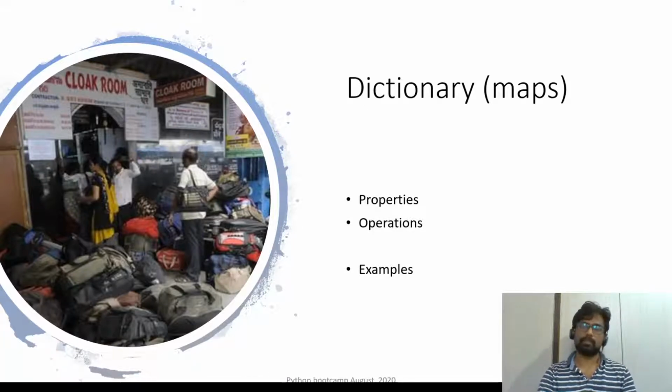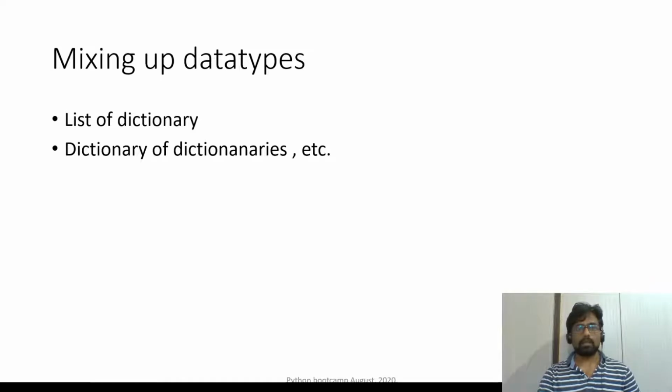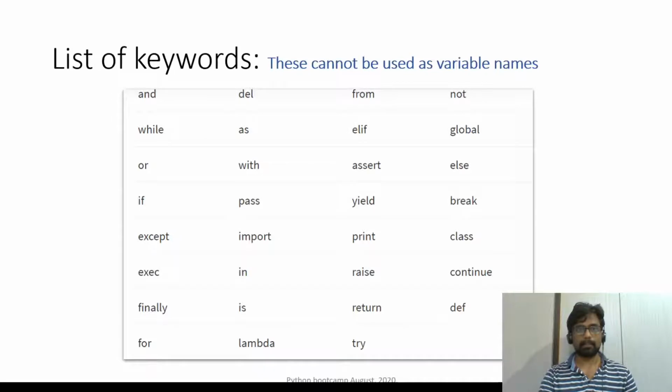Okay, so these are the typical real-time examples of dictionary. So remember that. And then mixable data types we have seen in JSON. While processing JSON, there is a dictionary inside dictionary, and there is a list inside dictionary, and things like that. So we have covered that.